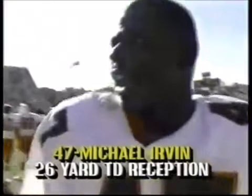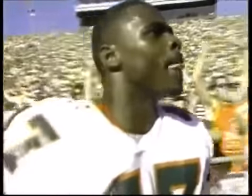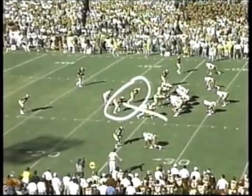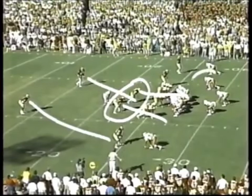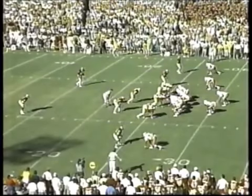Scored the last 2 times it has touched the ball. 6 plays, 40 yards in 2 minutes, and Irvin with the touchdown. The key here is, is there going to be a safety blitz? This is a nickel blitz here. These are nickel backs. They're going to come up. When that happens, the safeties come up, and that allows Irvin, who's right here, to blow right down the middle for the easy score. Now the penalty